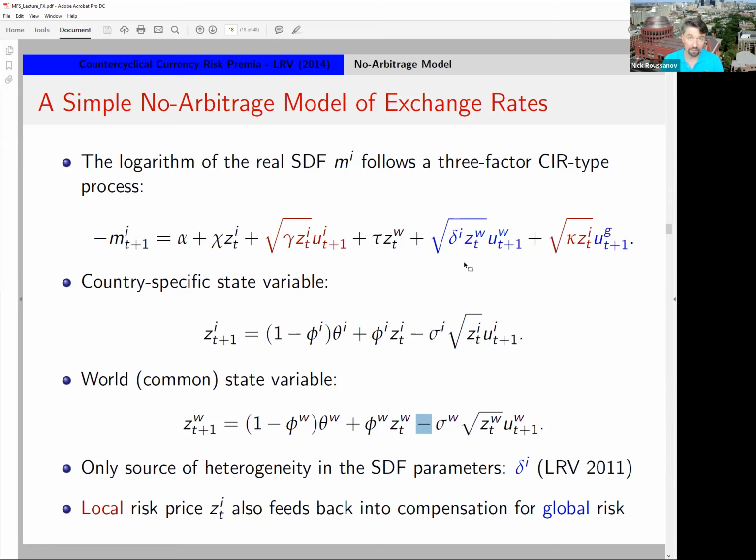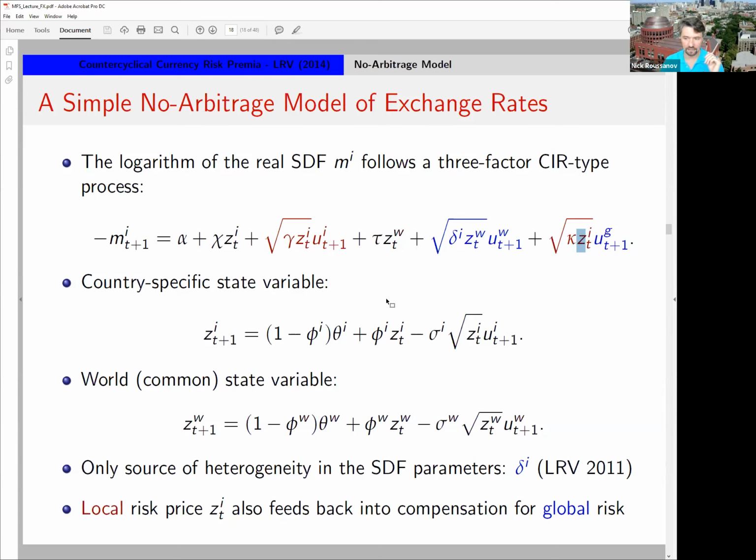And given the evidence that we show, the prices of risk, especially the ZI, have to be counter-cyclical to be consistent with the evidence. So the shocks that increase prices of risk have to come in bad times, by raising marginal utility or the stochastic discount factor.